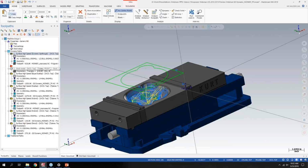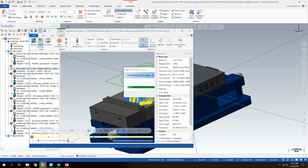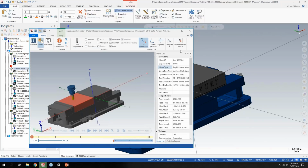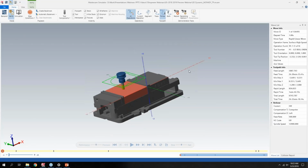Let's get in here into some simulator options. So let's turn all these toolpaths on. I'll turn my stock model off there, and let's go into verify. A couple cool enhancements we've added into the simulator here. So the first one I want to cover